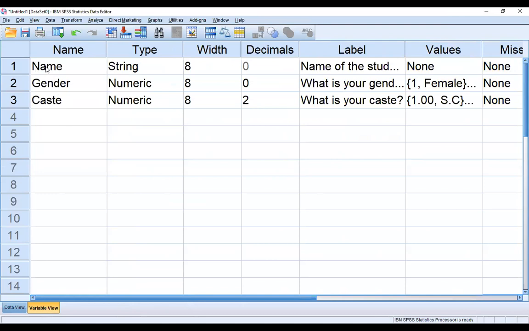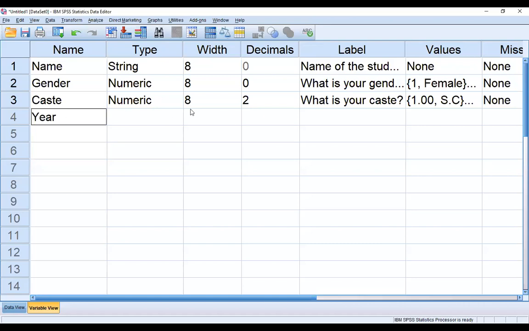Now, same as it's my first question, second question, third question, fourth question, fifth question. So vertically, I will write all questions. In this questionnaire set, I have 11 questions, and the fourth question is related to the year: in which year do you study? So this is the question number 4. So I am writing here year, Y-E-A-R.